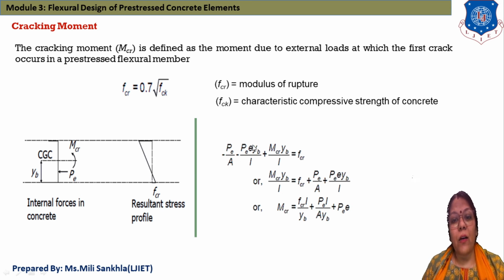This stress is developed, M by Z, and M is equal to PE. Look at this, the pre-stressing force develops stresses in our pre-stressed concrete member, that is M by Z, where M is equal to P into E and Z is equal to I by Y. And here we discuss the bottom fiber, so mention here YB.